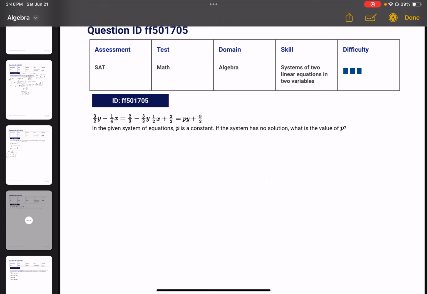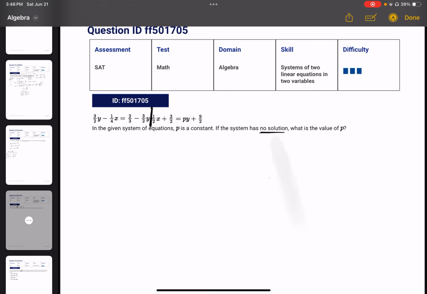Looking at our last question. So once again, it printed out kind of weird. These are two separate equations. In the system of equations, P is a constant. If the system has no solution, what is the value of P? So this is our first equation. This is our second equation. What we want to do here